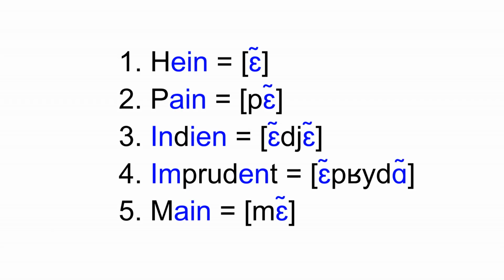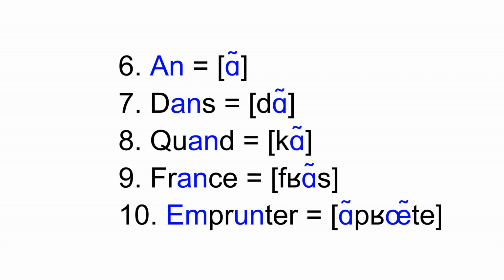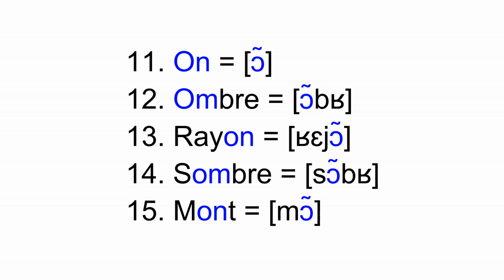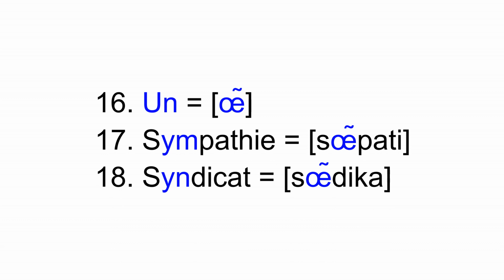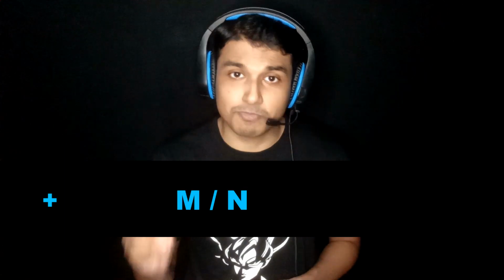Un, pain, indien, imprudent, main, en, dans, quand, France, emprunter, on, ombre, crayon, sombre, mon, un, sympathie, syndicat. As I have already mentioned in the previous parts, when an N or an M is preceded by